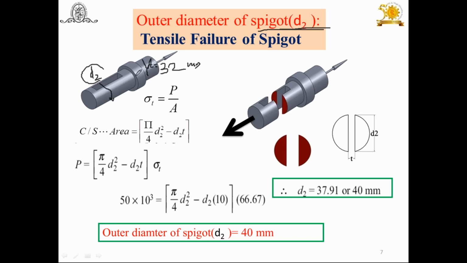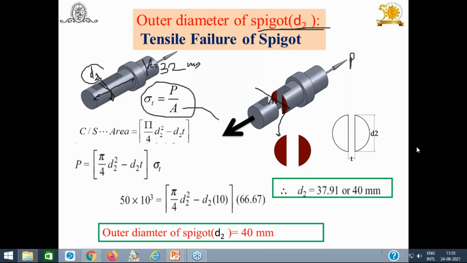Because of this tensile force, on the portion of the spigot where we get the weakest section, the section which is going to fail earlier, because of this slot, this is the weakest section where you can consider the sectional area. I am going to cut this here, and you will get the area here, and that area you can consider. Because of this tensile force P, what is sigma t? P upon A. But what is the area? Yesterday we saw how to calculate it.